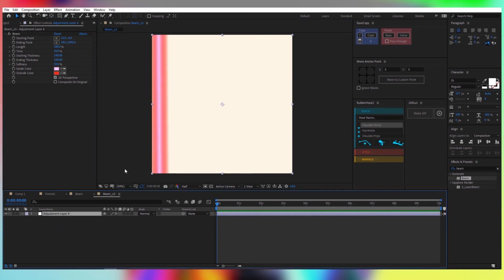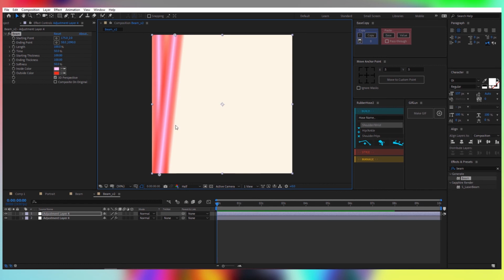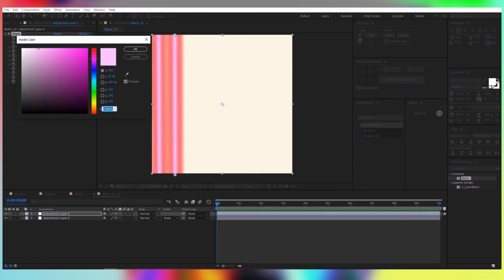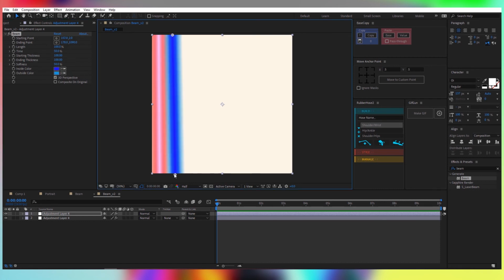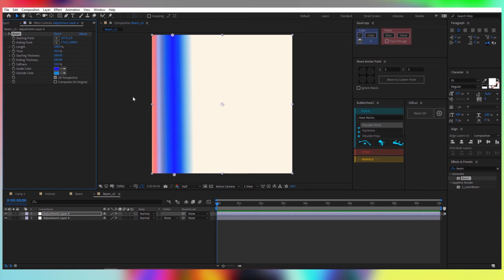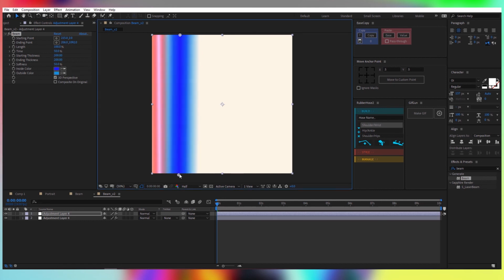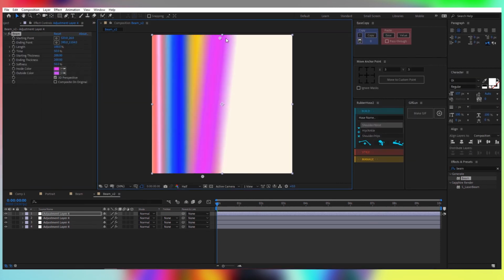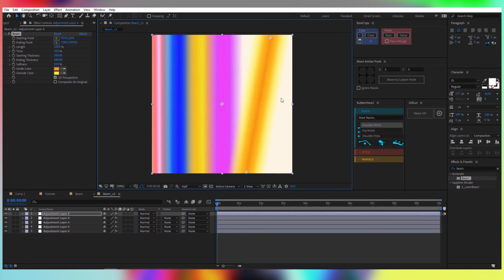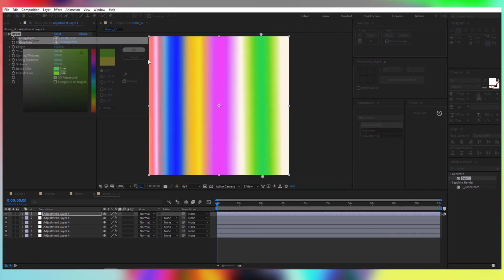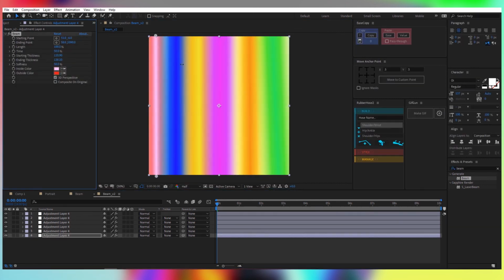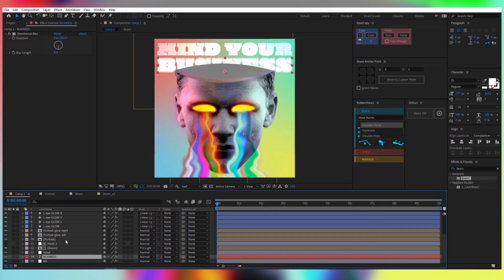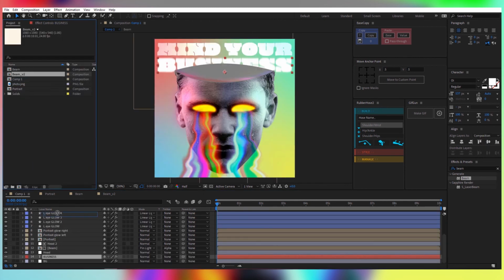Alright, now let's duplicate this one, make it blue. Actually, we can increase the thickness to 200, just so we can fill this composition faster. Now I'm going to speed up again the process because this tutorial it's already long enough. And we're pretty done, so let's go back to the comp 1, take the beam V2 composition and drag it